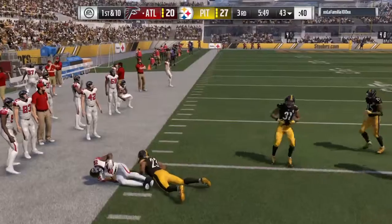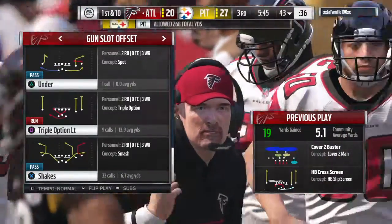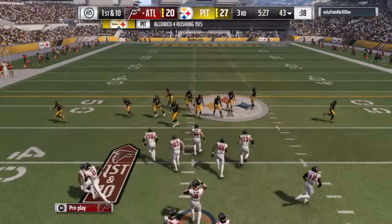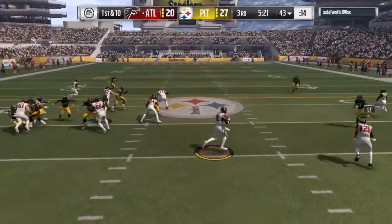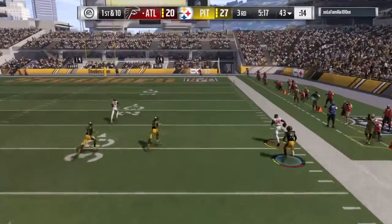And they get him down, but not before he takes it across the 40-yard line. They'll get 19 yards there, and it'll be first down Atlanta. He's having a nice game through the air. His decision-making's been really good. Solid there again, just seeing nothing downfield, goes underneath. Nice game. How about the patience? Because when you're having a big game through the air...